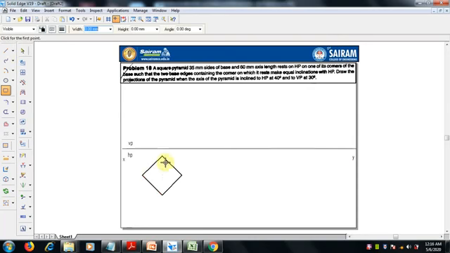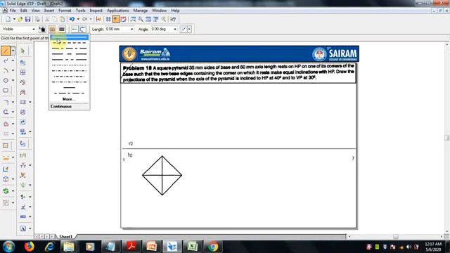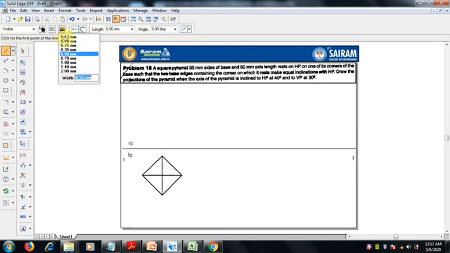Now the top view of the pyramid, how will it be? We join all the diagonals so that we can get the apex. So all corners are joined here, and the apex is there. This is the top view of the pyramid. So join the lines with 0.13 mm. Then project from here to get the front view of the pyramid.